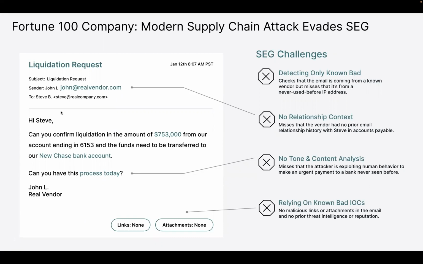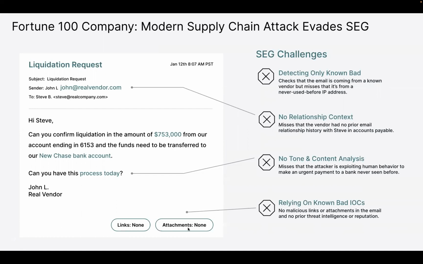But as you can see, the message comes in and says, hi, Steve, can you confirm a liquidation of $753,000, which is definitely a large amount of money. The funds need to be transferred to a new Chase bank account, and can you get this processed immediately, right? But if you look at this message, there's nothing malicious with this message to even start with, right? It has no links, it has no attachments.